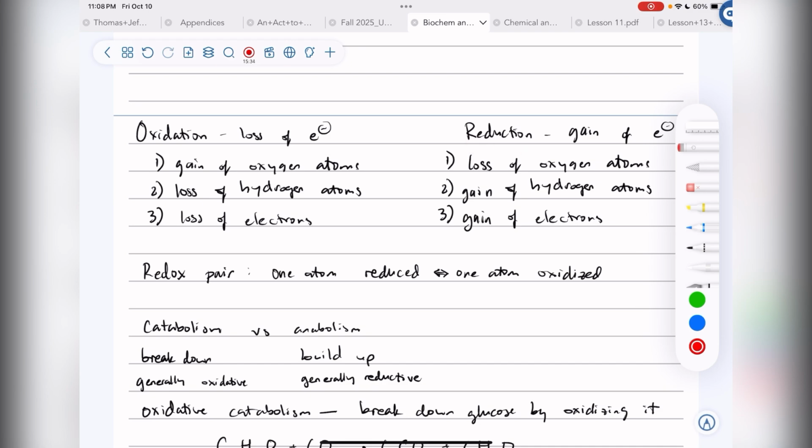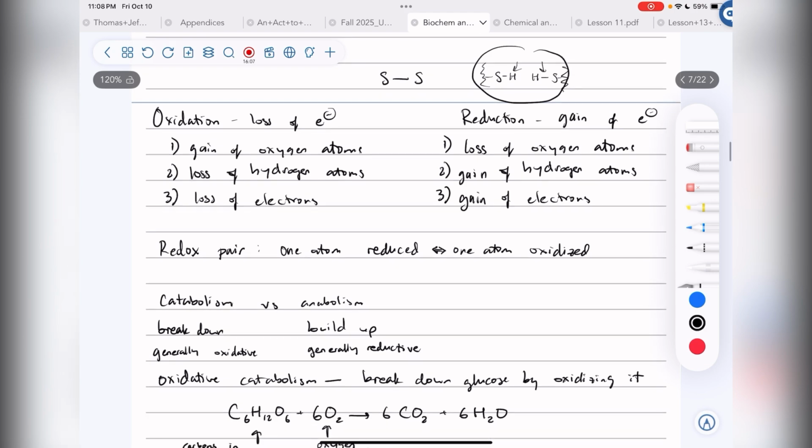Like, for example, the cysteine amino acid groups, if they had a disulfide bond like this, but then when they were inside of the cell, the inside of the cell is a reducing environment. So what's going to happen is that they're going to be reduced. They're going to break that disulfide bond. And here's the rest of the polypeptide. Because they've been reduced, this hydrogen has been added. This gain of the hydrogen atoms is an example of reduction.